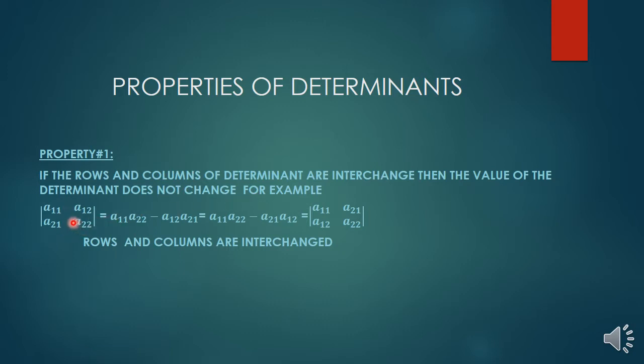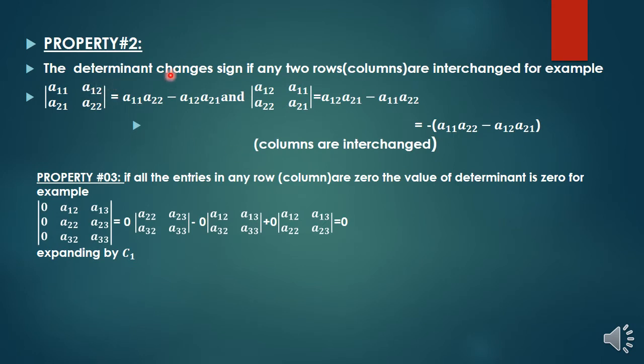For example, we have a general matrix of order 2 by 2. Then how do we take the determinant of a 2 by 2 matrix? We multiply the corresponding diagonal entries, with a minus sign in the formula: a11 into a22 minus a21 into a12. Similarly, this side equals a11 into a22 minus a21 into a12, and this is the determinant of this matrix. So both determinants are equal, so rows and columns can be interchanged.